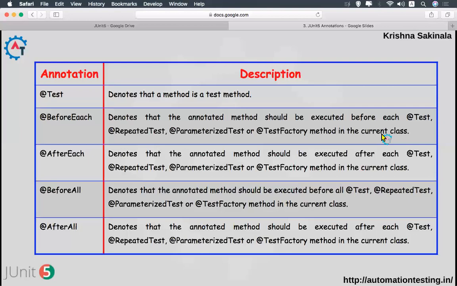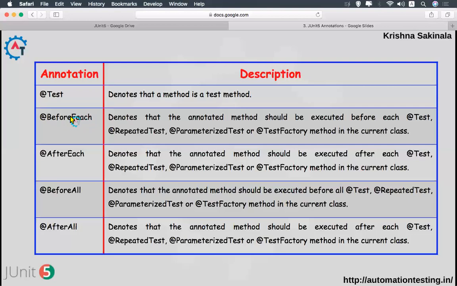If you have these annotations in the class, the BeforeEach method will be executed before each test method. For example, if you have two test methods, BeforeEach will execute two times. However many test annotations you have, that many times BeforeEach will get executed.